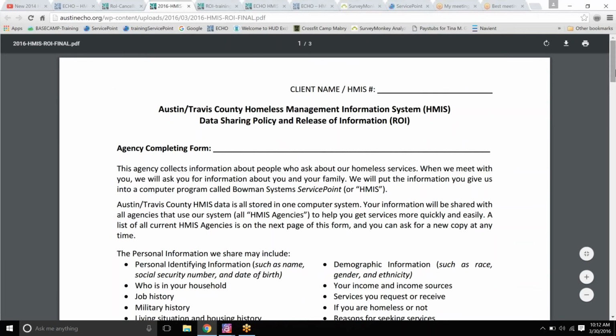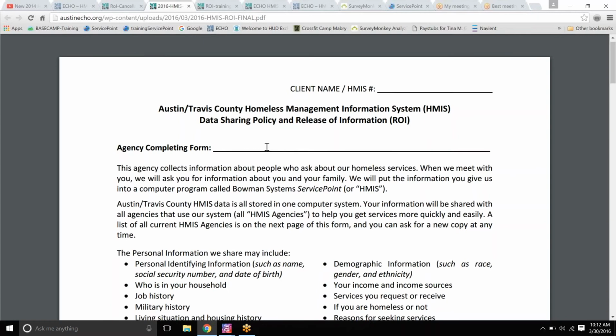All right, so at the top right of the ROI, there's a place to put the client's name and HMIS number. This was added to help with the basic workflow and helping to keep the pages together. This isn't the signature. You're still going to want to get the signature on the back page. This is just for you guys to type out that this is Joe Smith and his Service Point number is 12345, and that way all of the pages have that client's identifying information on them. It helps keep them together and gives a quick glance at whose ROI this belongs to. So again, very minor change, administrative, and shouldn't make a big change in what you're already doing.